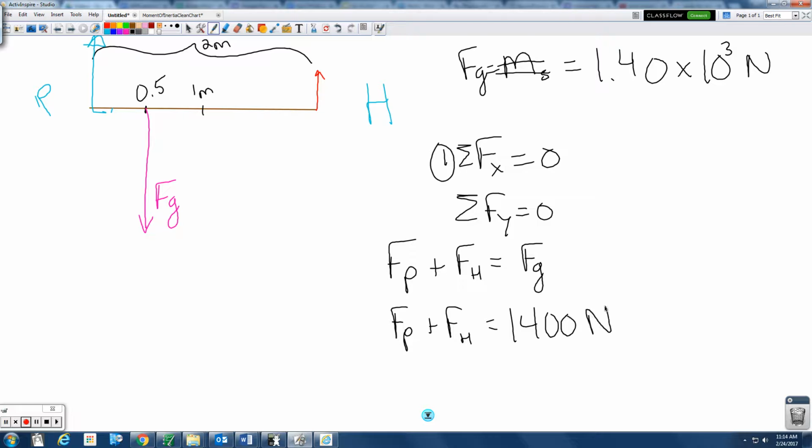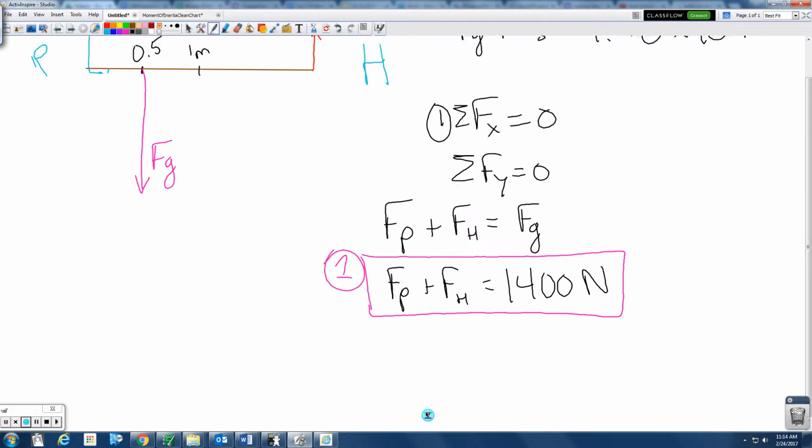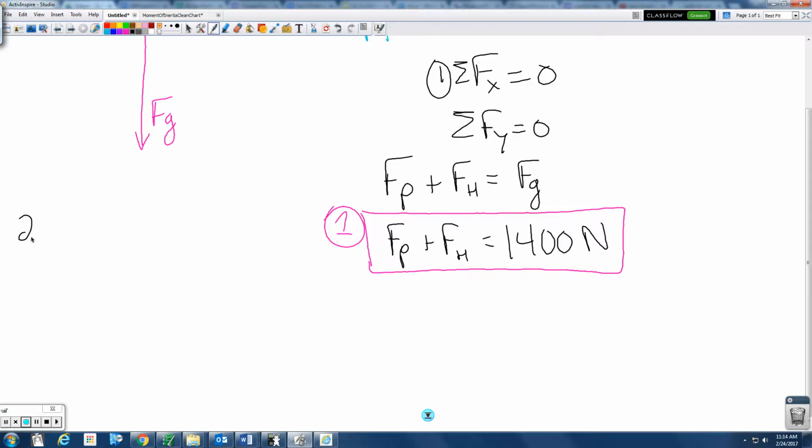Alright, so here's one important thing we know. It's an equation we could come back to, because we have one equation with two unknowns, but if we can find out Fp or Fh, we can substitute it back into this equation. Let's call this equation 1. We can substitute it back in there and find out what the other force is going to be. So that's condition 1, looking at the sum of the forces in the x and y directions for translation. The second condition, number 2, is that the sum of the external torques